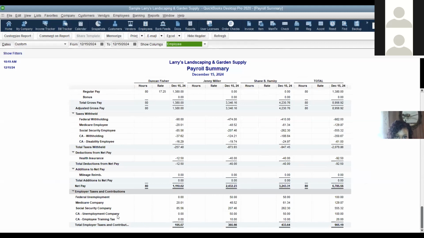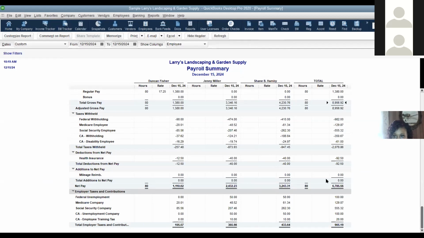So we are not able to take our company or our employer federal unemployment or our company Medicare and Social Security amounts. And so those are not applicable to be classed as a use of funds under the Paycheck Protection Program. But we can take our total gross pay, which is that